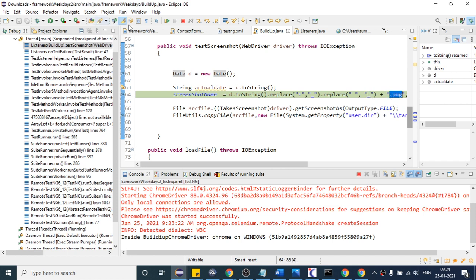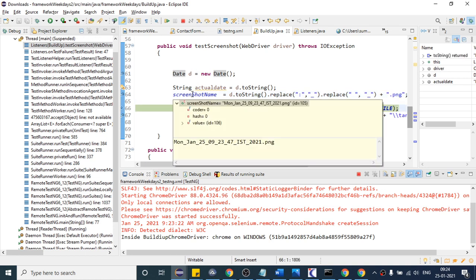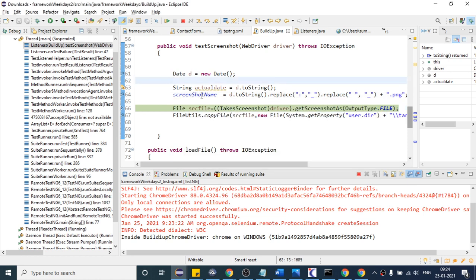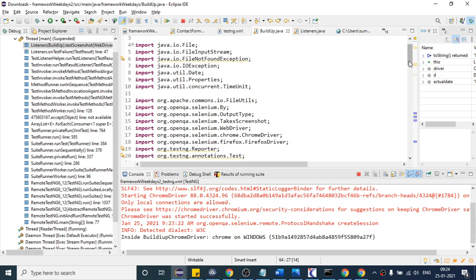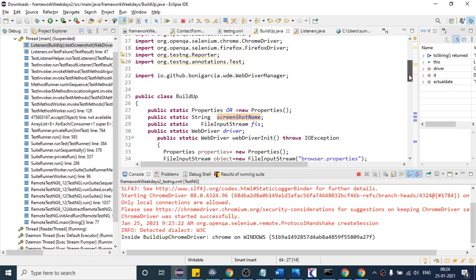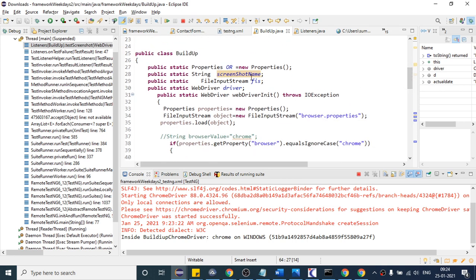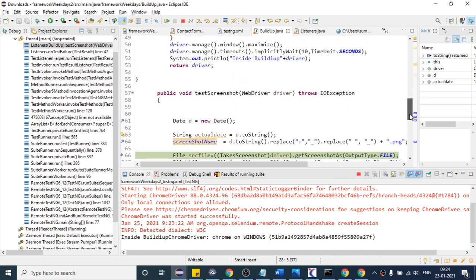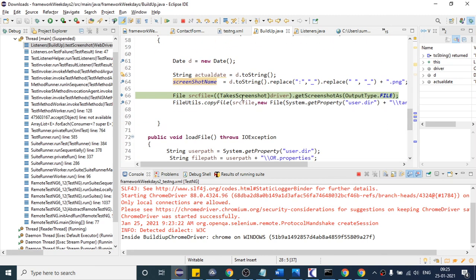So if I run this one, and here this is one variable, you can see how it is coming. Now I will use this file name as our screenshot name, right? And I have created this on the top as a class variable. This is our name, and I am just catching the value here, right? So once it takes the screenshot,